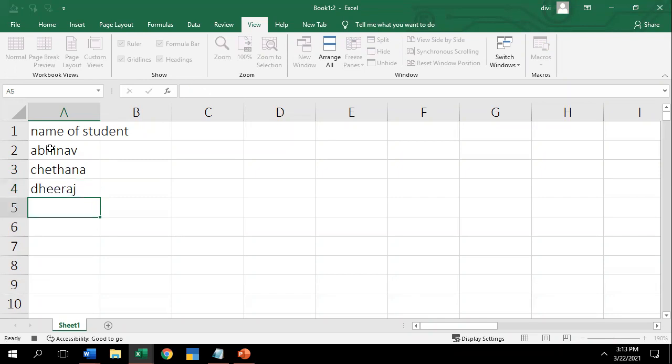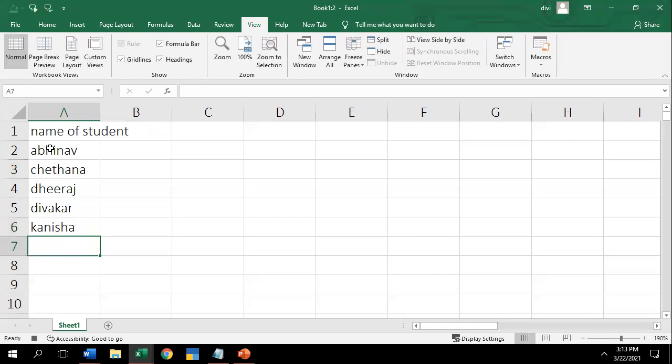It's recording whatever I fill in the particular cells. Divakar, Kanisha, Kiran. So enough, I have written a few student names.